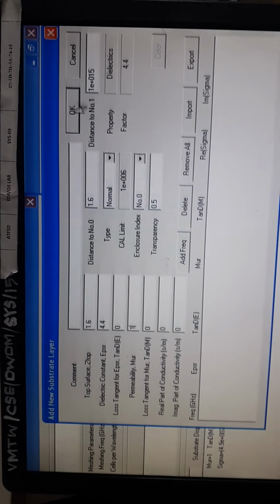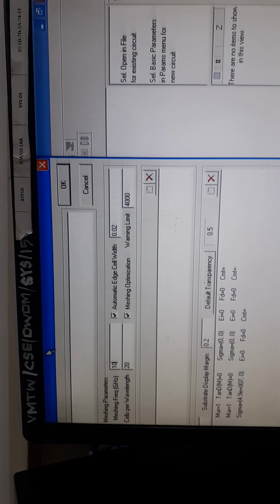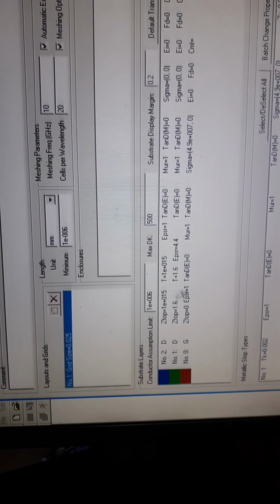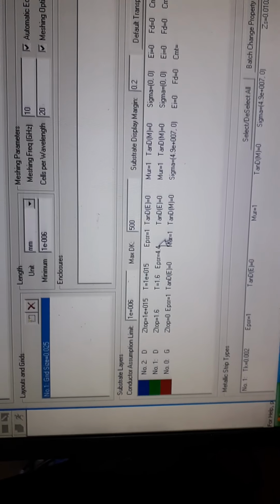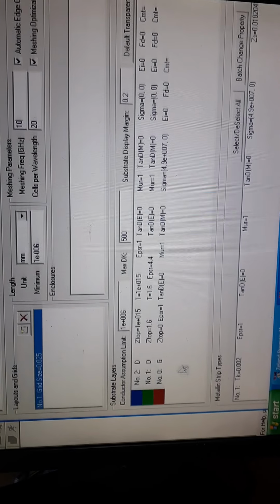So we set it to 0, and click OK. Whenever we click OK, you see that our substrate layer is added, Z top is 1.6 and epsilon r is 4.4, and this also acts as a dielectric layer.